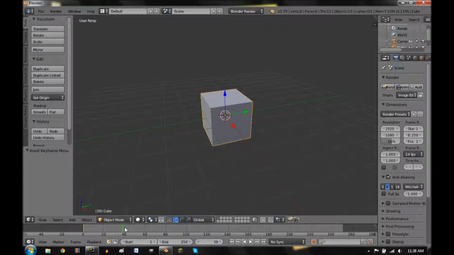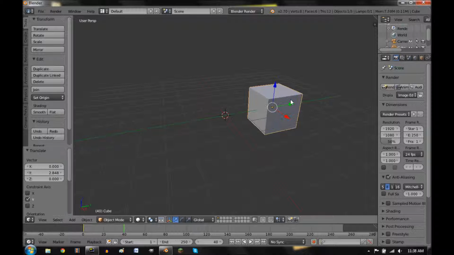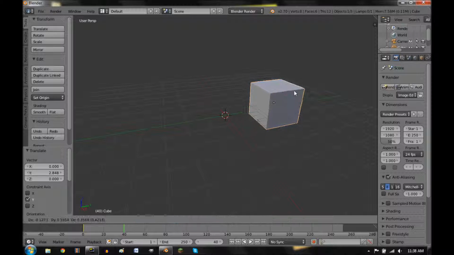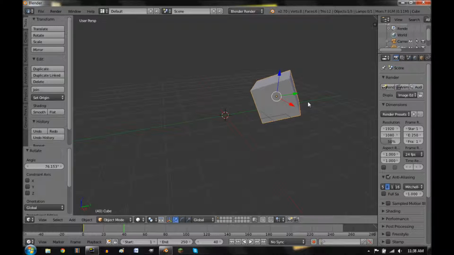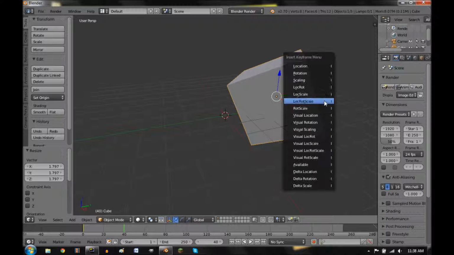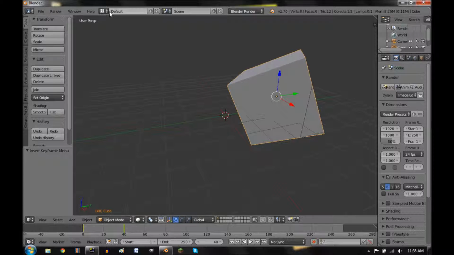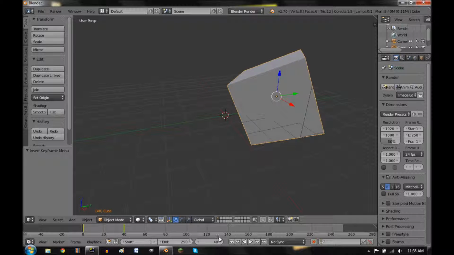I'm gonna go over to 40. I'm gonna go over here, drag it there. You could also do G, R to rotate it, and S to scale it. Now I'm going to do I, location, rotation, scale, and to duplicate this one so that it does it over again,